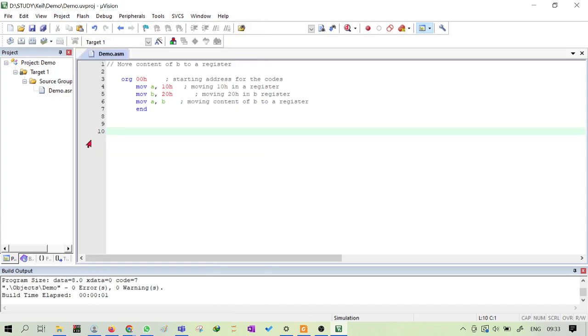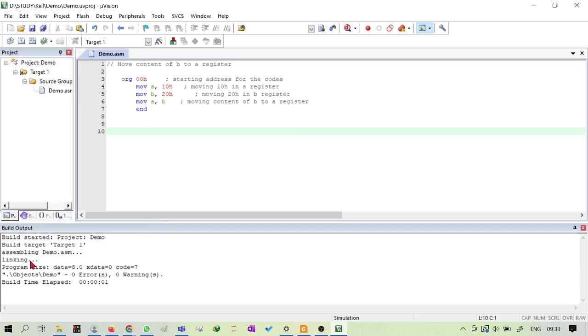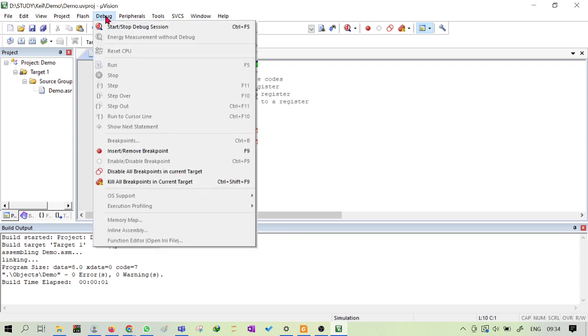Once we build, it will show you some errors. You can see here there are zero errors and zero warnings. So there is no error in the program. Next, once we have built the program, for checking whether there are errors or not, we will go to debug. Once we go with the debug, it will be running the program basically. Once we click on start debug,